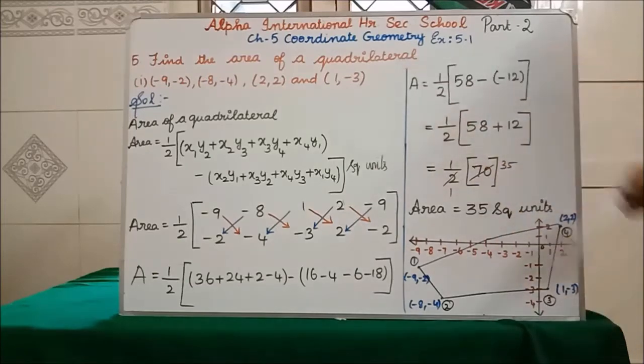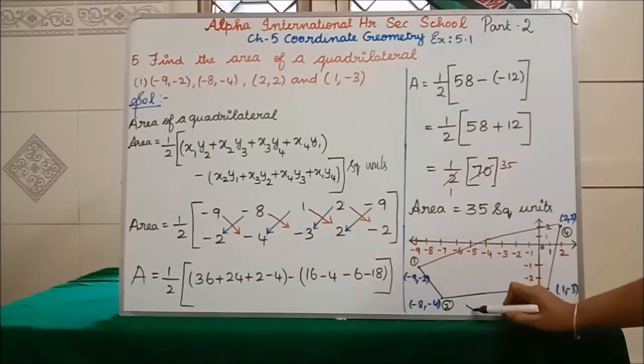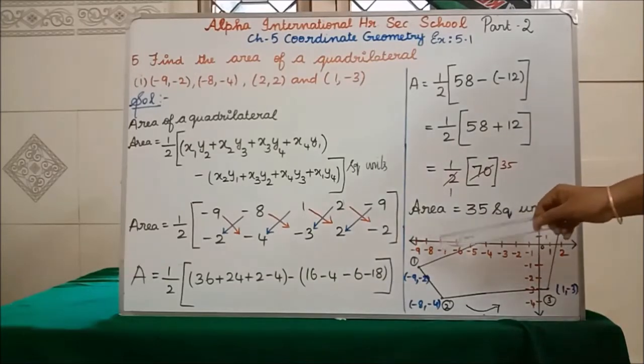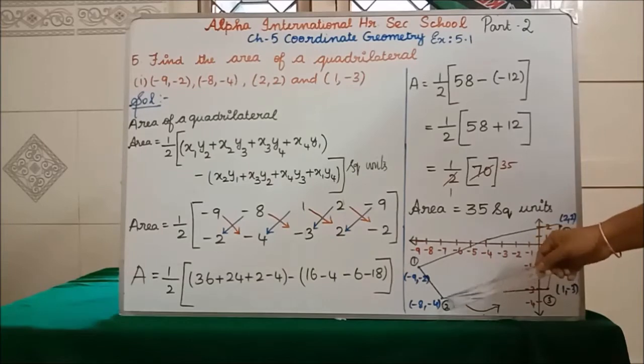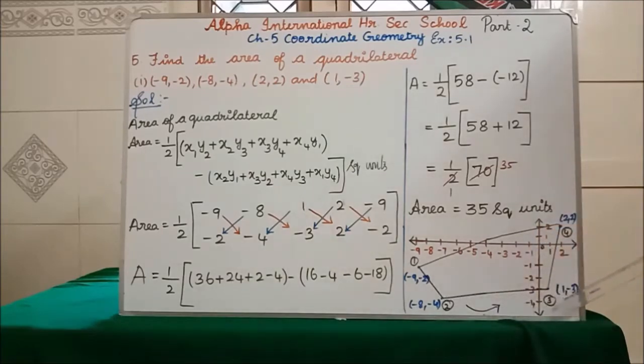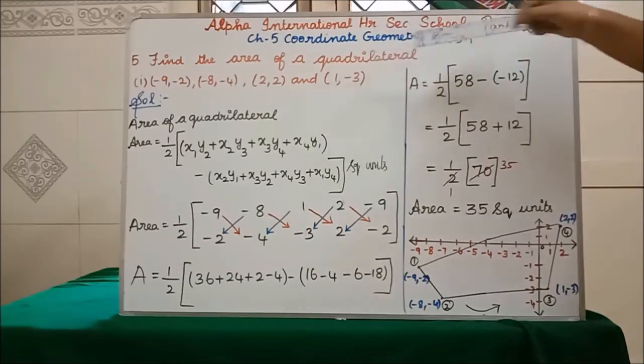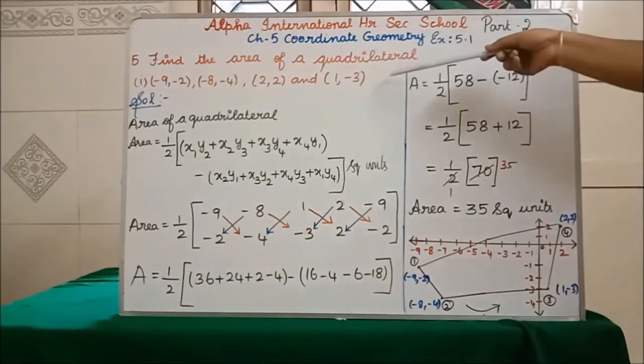Where x-axis is positive 1. X-axis positive 1 is this. From this, minus 3 we are having. You keep the dot and you write 1 comma minus 3. How do you have to go? I told you, you have to go in anti-clockwise direction. Isn't it? Anti-clockwise means what? After the 2, immediately what point is coming? 1 comma minus 3. In your question they should give 1 comma minus 3, then only 2 comma 2, but they have given it wrongly.